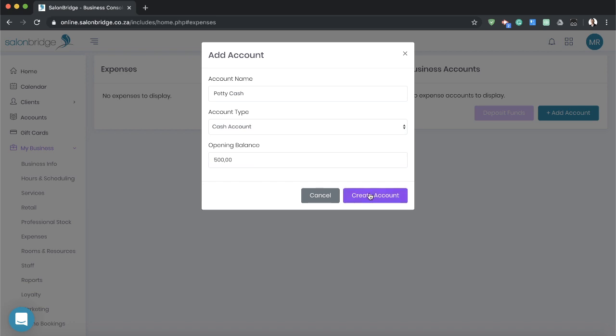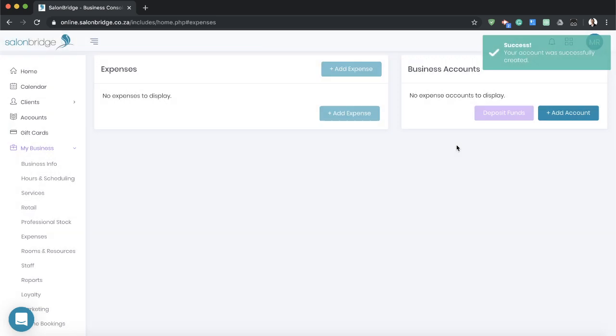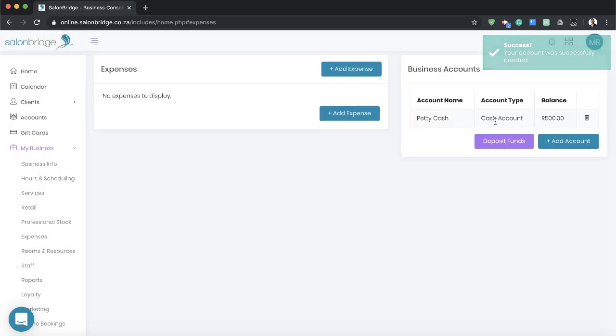And this will create a petty cash account of 500 Rand. And this is what will typically be sitting in my drawer right now. Once I've done that, I can log expenses against this account. So if, for example, I run down to the store to get groceries or stationery, I can capture that as